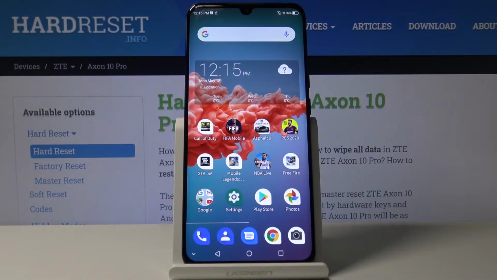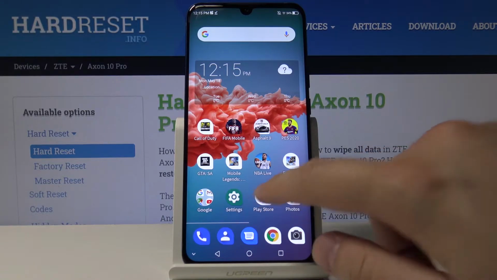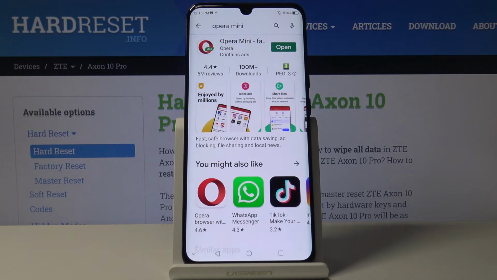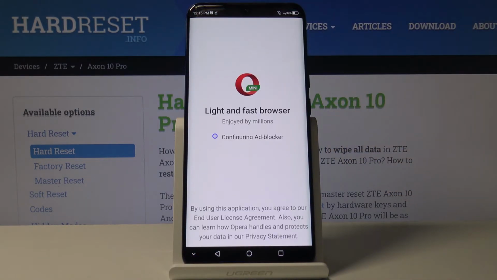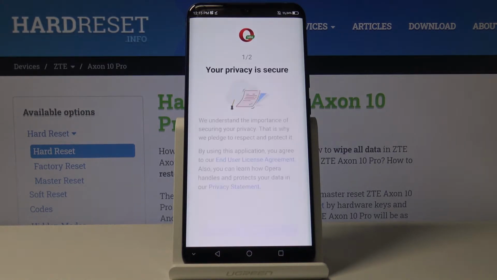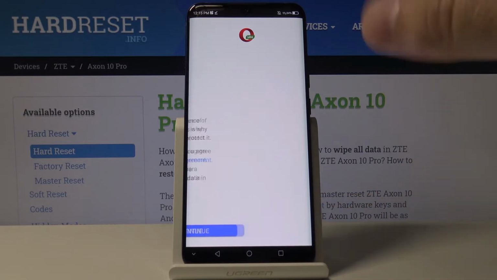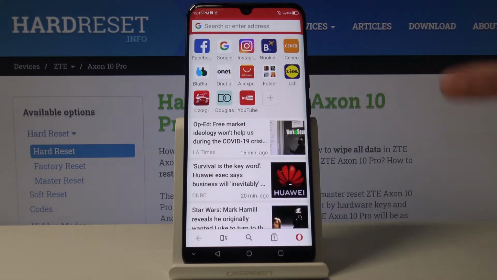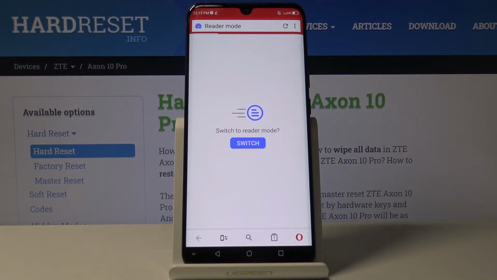Welcome. If you want to use AdBlock in your ZTE Axon 10 Pro, I recommend you go to the Play Store, type in the search, and right here type Opera Mini and download this application. So let's open it, and right now you will see that you don't have to install any external application to connect them with the browser. All you have to do is get this application, and right now we can open, for example, this page,